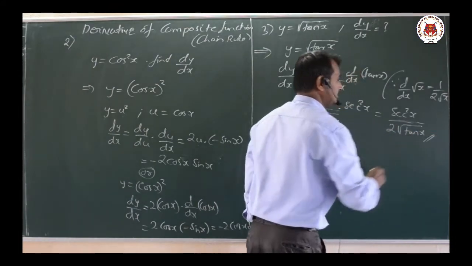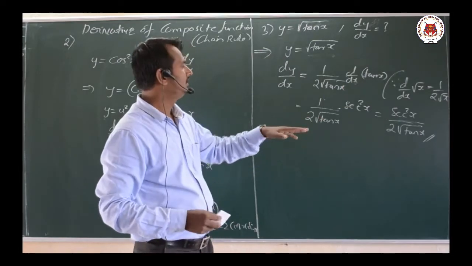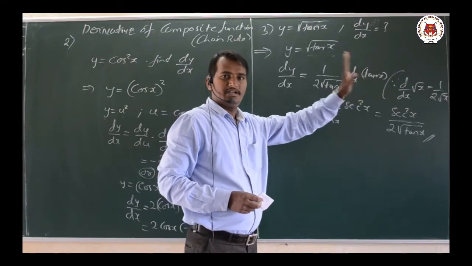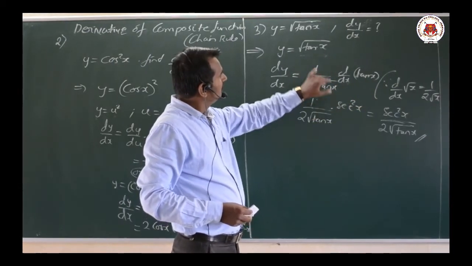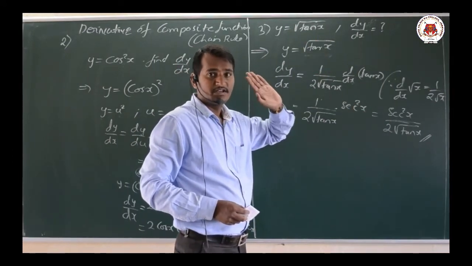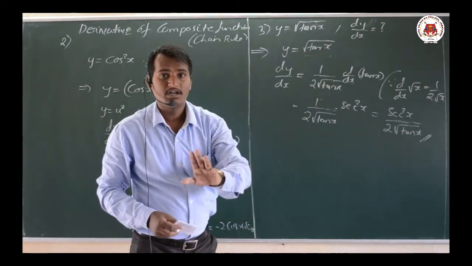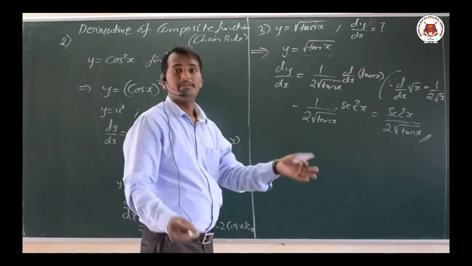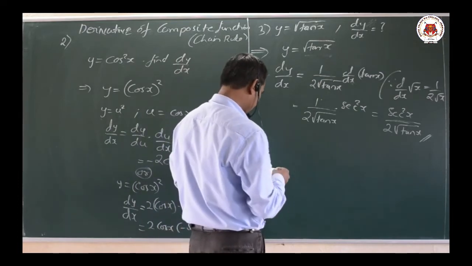Very, very simple example. So now here I am expanding the steps here. Many of you don't write here d by dx of tan x. It is right. You can directly write 1 by 2 root of tan x. If you know further differentiation of tan x is secant square, you can write it directly here. Nothing wrong in that. And such type of questions will be asked for 1 mark in your annual examinations. Okay, and it will arrive in your bigger problem also. Okay, fourth one. Next problem, fourth one.